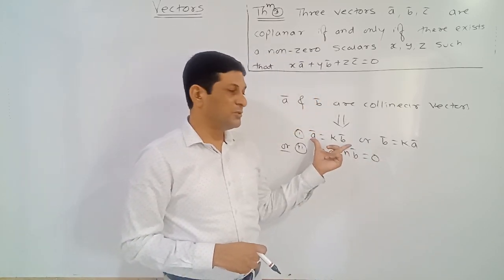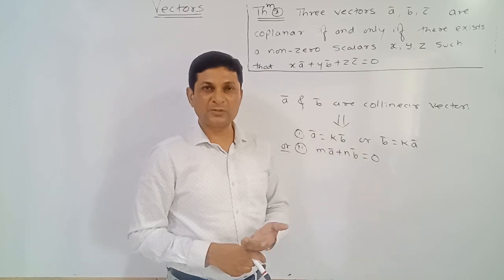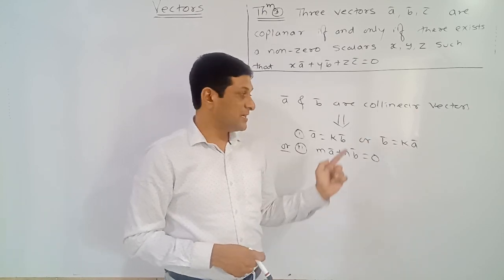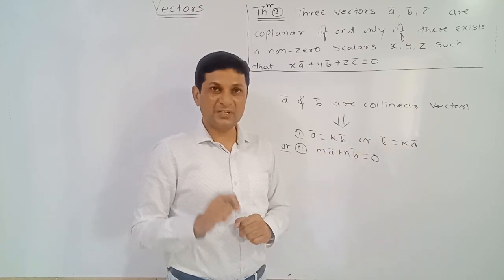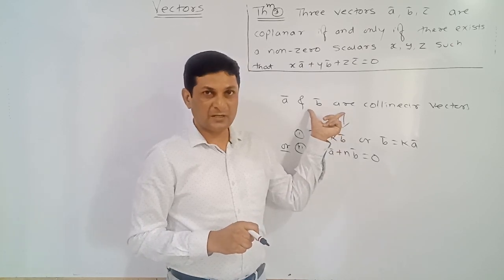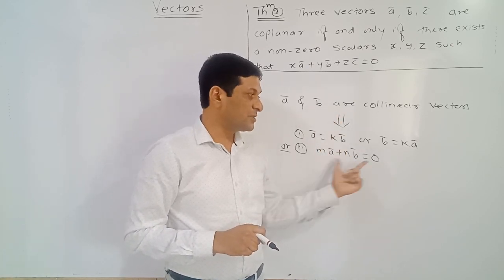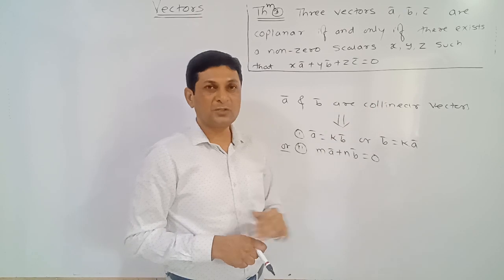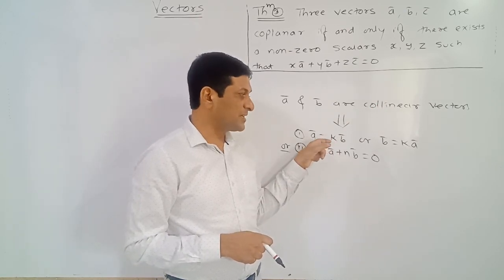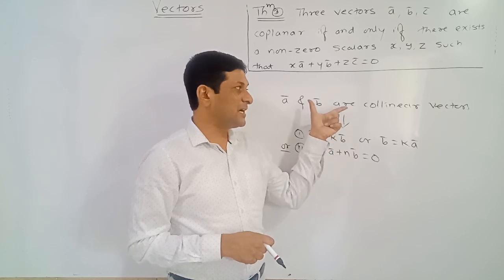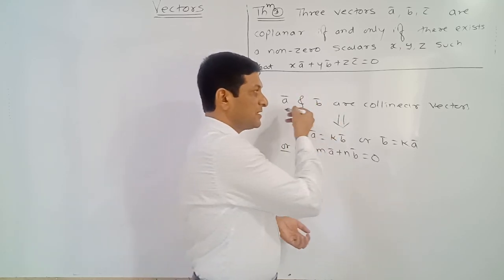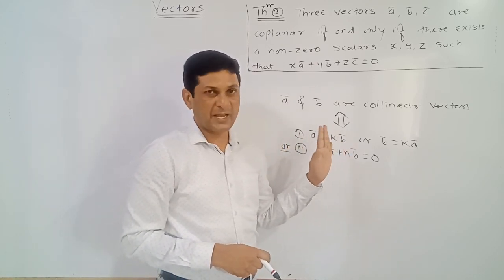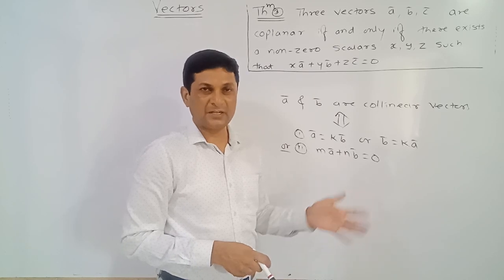So we have already used this condition in the last two theorems also: if two vectors are collinear, then one vector can be expressed as a scalar multiple of the other. Here scalar means any real number. In the first theorem, A bar and B bar are collinear vectors, and we have proved that their linear combination is equal to 0. Now we have these two conditions related to collinear vectors. If either this condition is satisfied or this condition is satisfied, we can say that the vectors are collinear. Or if vectors are collinear, then they satisfy these conditions also. In 90% of examples we apply the first condition, but you should know the second condition also.